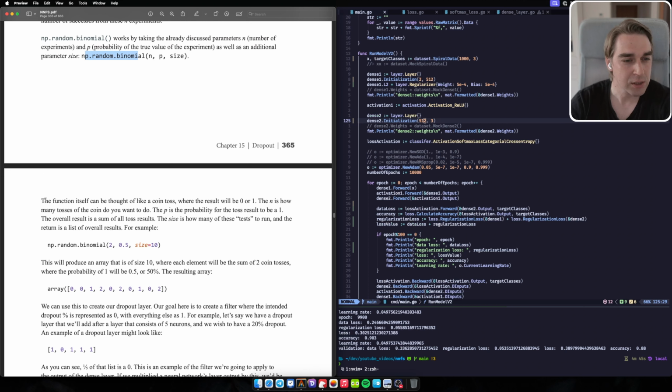The function itself can be thought of like a coin toss, where the result will be 0 or 1. The n is how many tosses of the coin you want to do. The p is the probability for the toss result to be a 1. The overall result is the sum of all tosses. The size is how many of these tests to run, and the return is a list